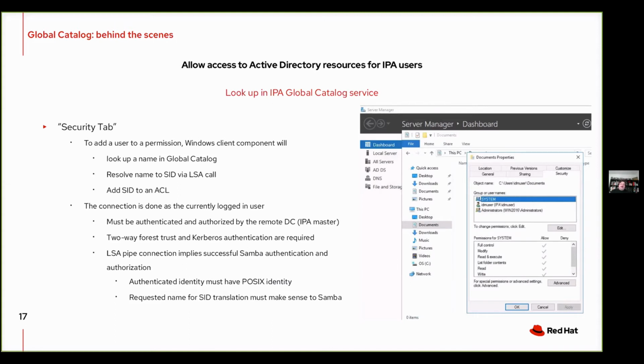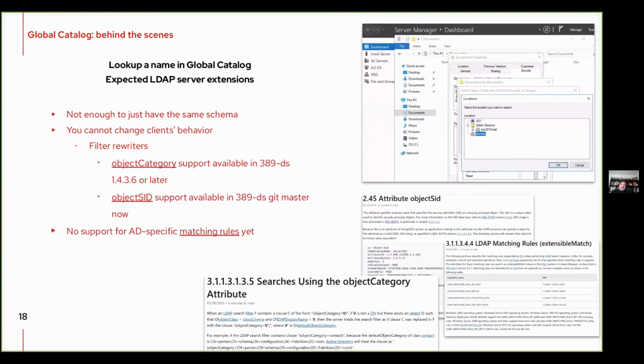But on the Samba side, Samba runs the incoming connections after authentication as some POSIX user that is related to this identity. So whoever connects to us needs to have a POSIX identity. So POSIX attributes are associated also with the machine's account and so on. So the requested name that happened to be passed there also must make some sense to Samba, which is an interesting thing to look at. And if you move forward to the next slide,